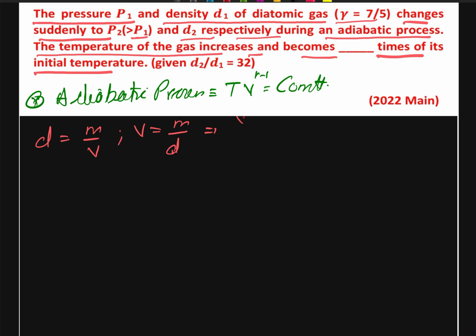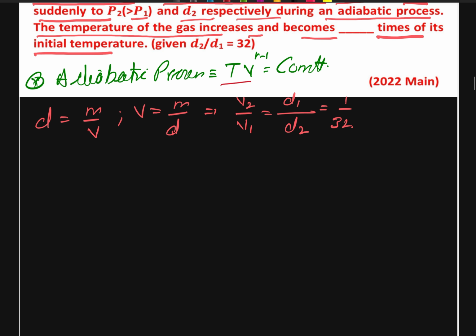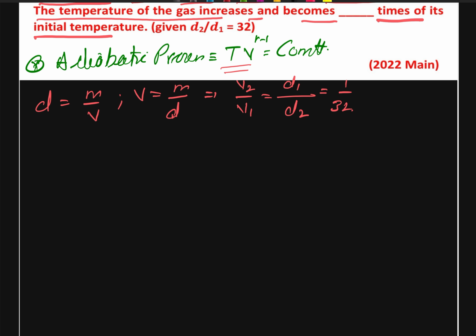Therefore we can say that our V2 upon V1 is equal to D1 upon D2, and D1 upon D2 is 1 upon 32, and we can extend this adiabatic process equation as T1 V1 to the power gamma minus 1 is equal to T2 V2 to the power gamma minus 1, and we can say that T2 upon T1 is equal to V1 upon V2 whole raised to power gamma minus 1, and this is equal to